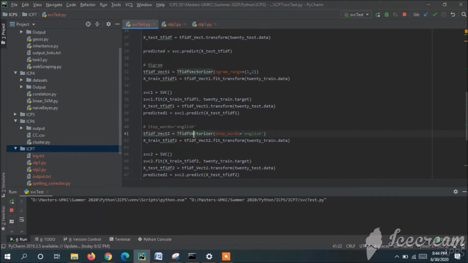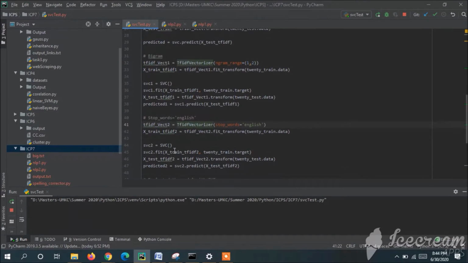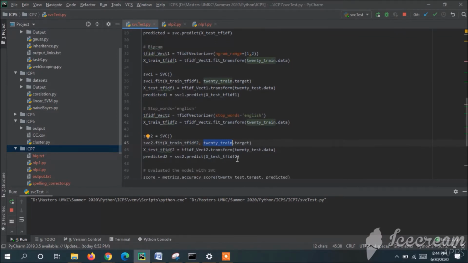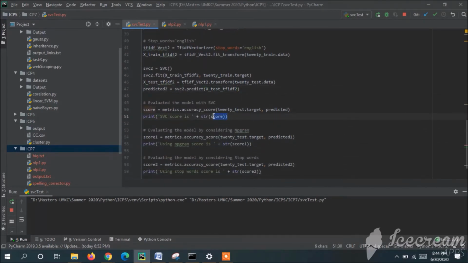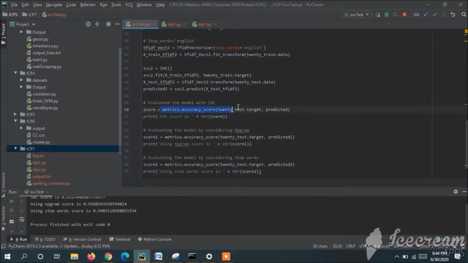Here the raw data is converted to the feature vector based on the stopwords English, and again the output from the vectorizer and the target data go through model training, and we are predicting the accuracy, and finally I am printing the score here by metrics accuracy score of the predicted.